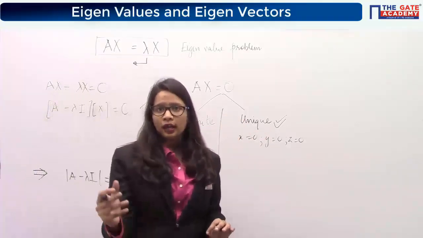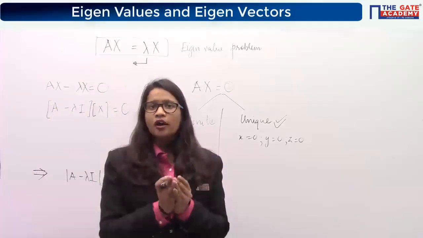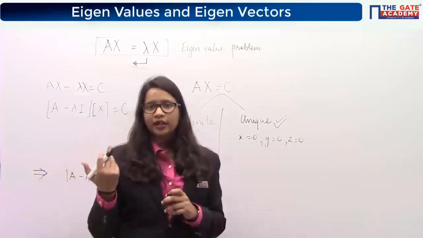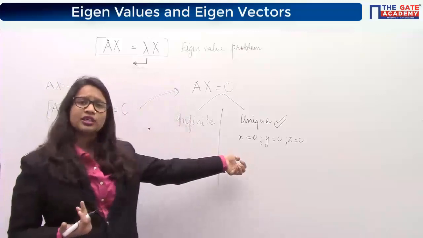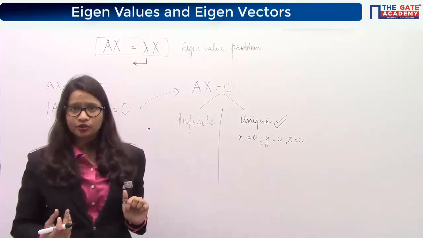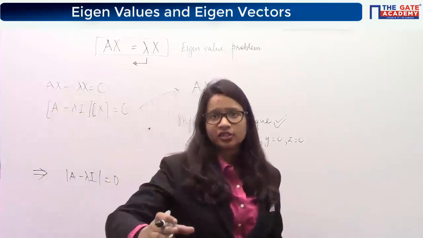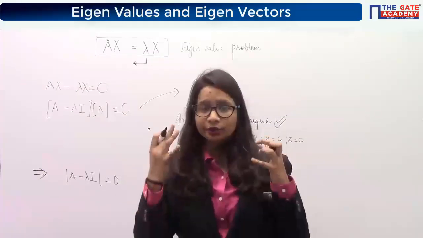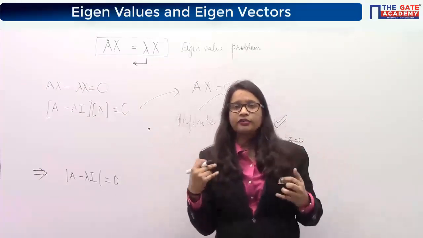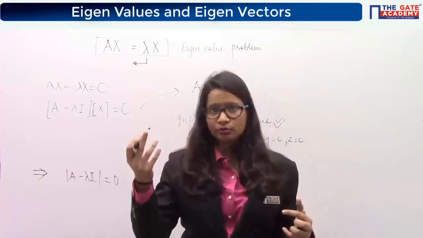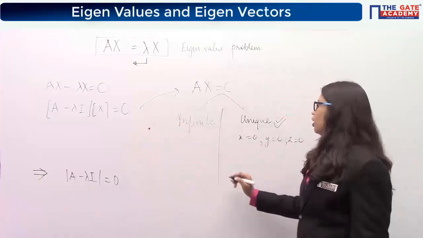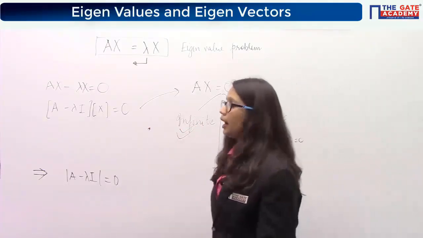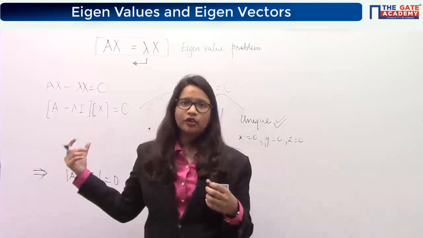But will this be a helpful solution to you? No. You are finding a vector on which the transformation gives you the same directional vector, but if you say the origin is that vector, that's not a fruitful answer, because we already know that if you multiply anything with 0, it will obviously come out to be 0. That is not what we were looking for. We were looking for some vector for our physical problem, so that we can zoom it in or zoom it out. So we say that the system should have infinite solutions, so that you can get some feasible value of your eigenvector.